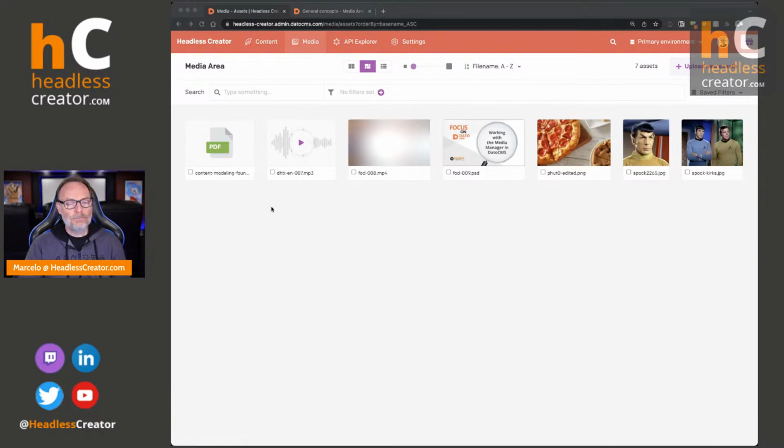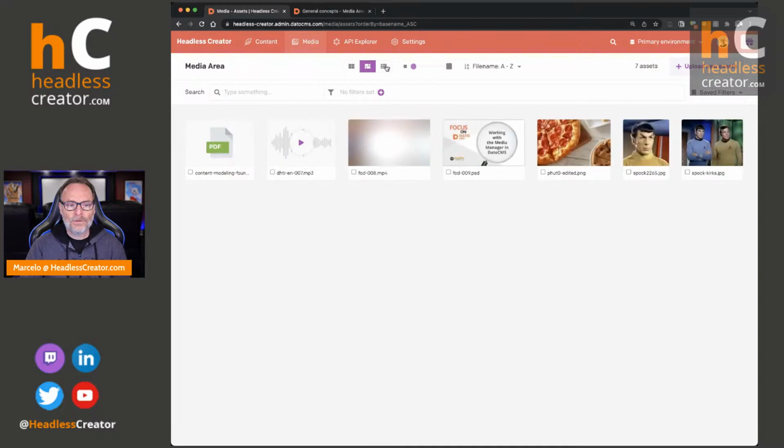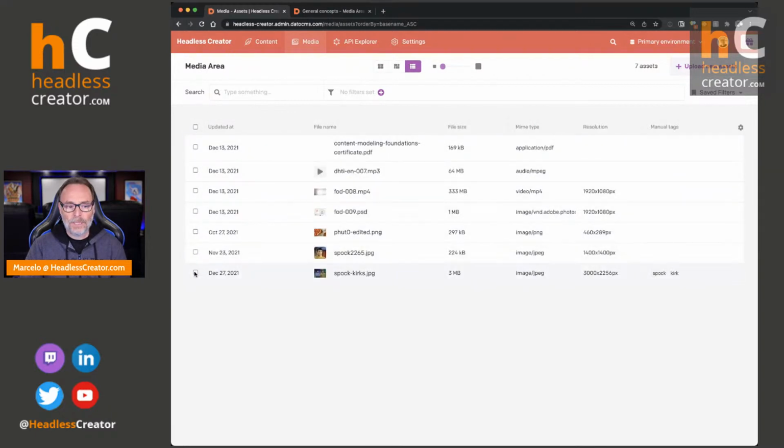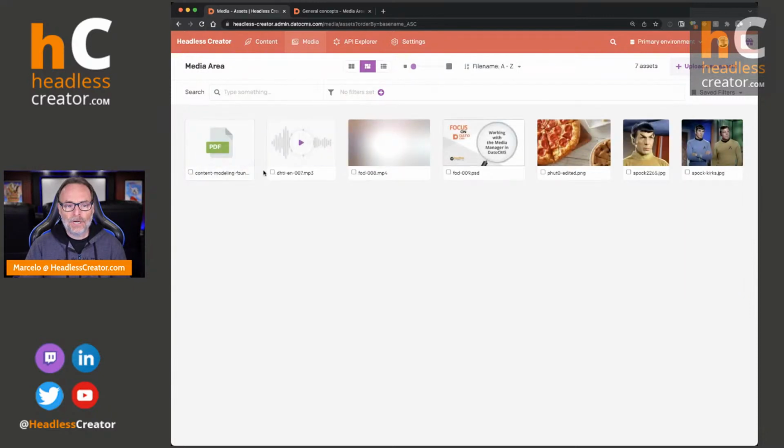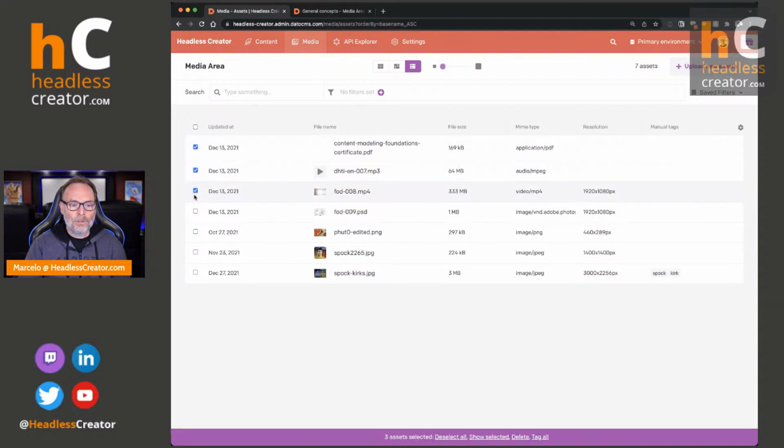Okay, next up, I'm going through my list here to make sure everything's covered. Next up, you'll notice that next to each of these boxes, or even these selects right there, you have checkboxes, right? If we go, we have a checkbox. So if I go here, I can select multiple, and at the bottom, you will notice that you can do a couple of things. For example, I can say show selected, and what that means is that it's only going